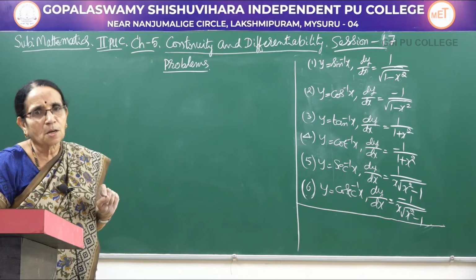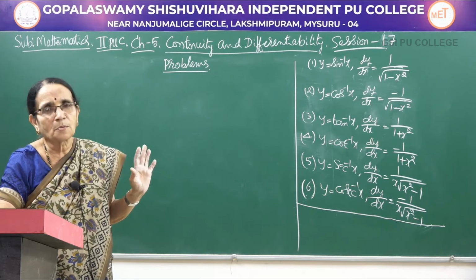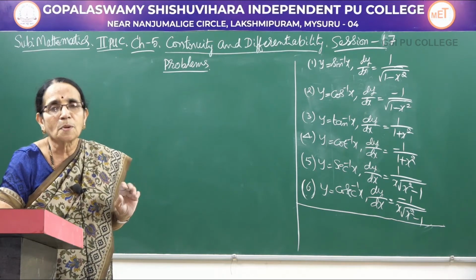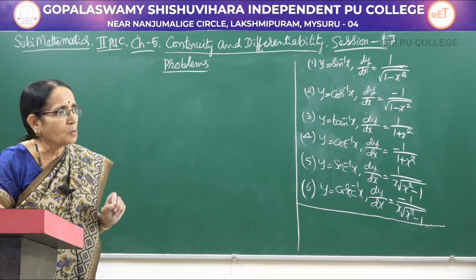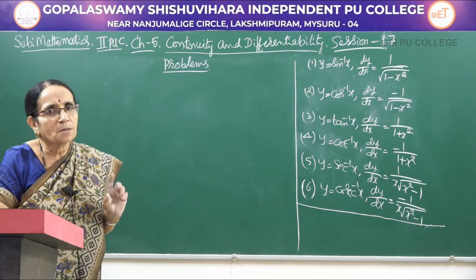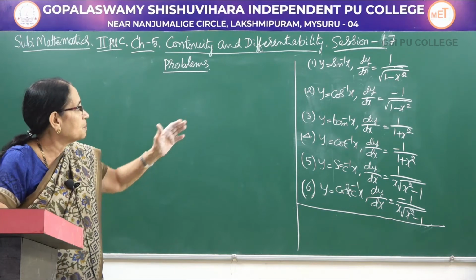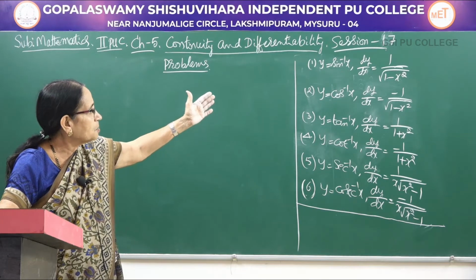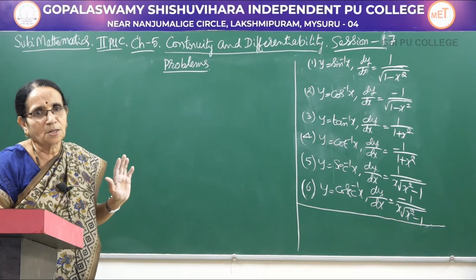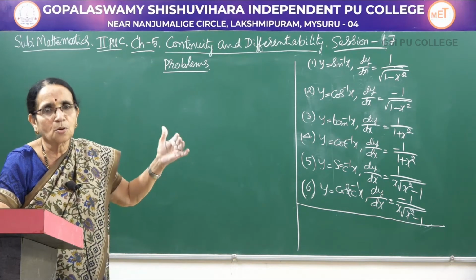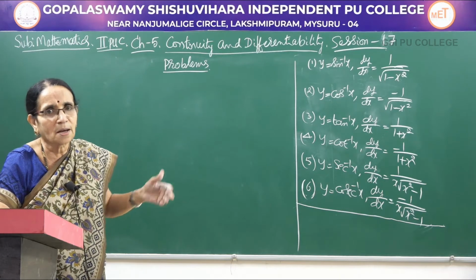See, in the previous session I told you that most of the problems will not be simple functions, it will be containing a composite function. So, composite function means automatically you have to apply the chain rule here. So, first you apply the rule of sine inverse. In the place of x, suppose I am having some other function, even that has to be differentiated, like dy by du into du by dx, which you learnt in the earlier sessions.